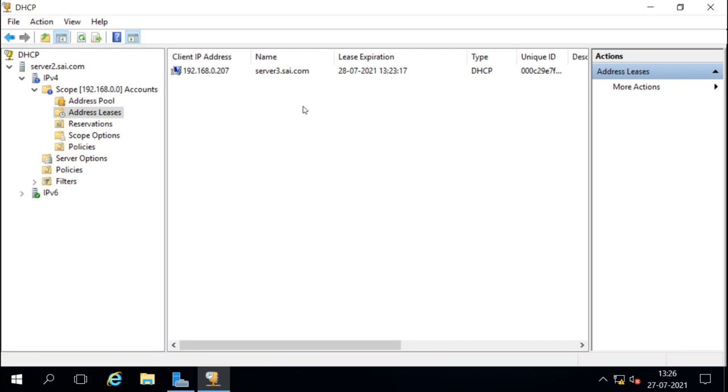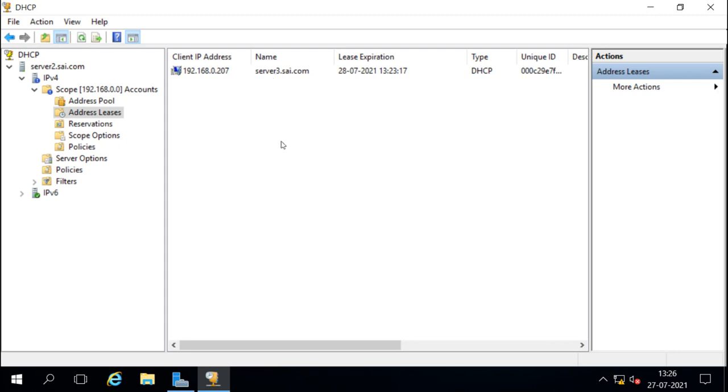Now if at that time somebody else wants the IP address, this IP address will be free, and it will be given to that other machine. Now when this machine comes up and wants to get an IP address, it will get another IP address than this, so the IP address will change. So in a big network, the IP address for the machines will change. This IP address is with this server, after tomorrow this IP address will be for the other server. This server will get some other IP address.